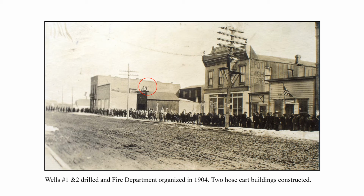We also put some fire hydrants in around town, and the way that it would work is if there was a fire, there were 2 hose carts, one on the east end of town, one on the west end of town, and whoever was the first guy that got word on the fire, he'd race down, he'd ring this bell, and they could get the hose cart out and take it up, hook it up to the closest hydrant, and that was the firefighting tools that they had at the time, and really a very early version of the volunteer